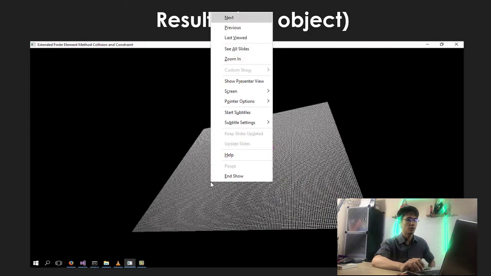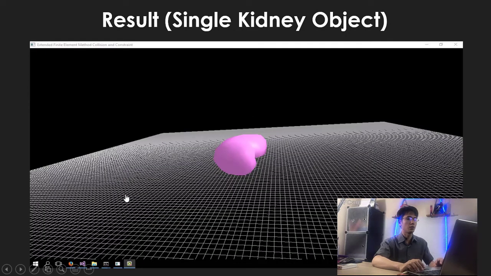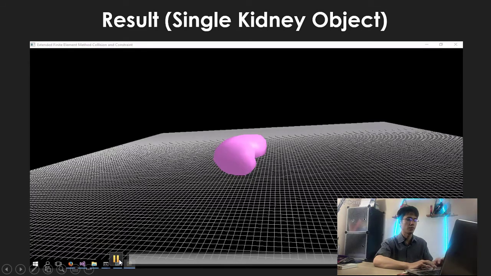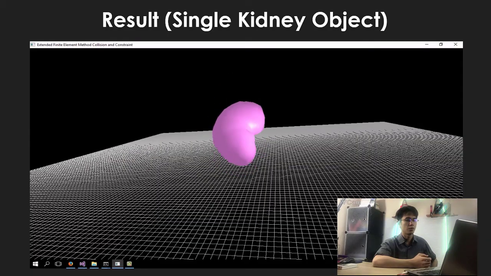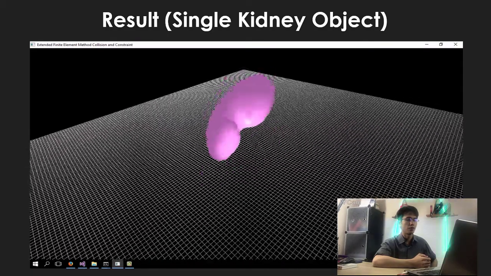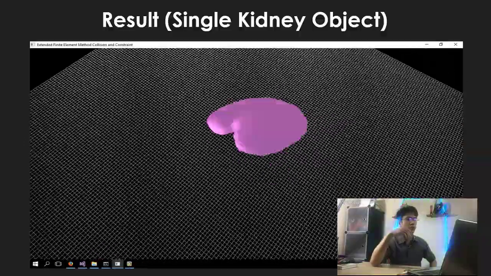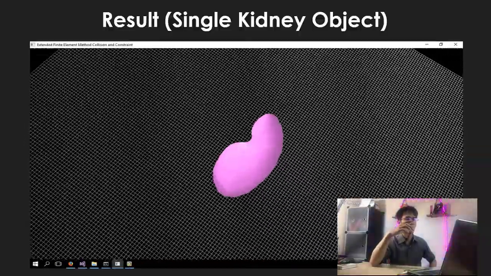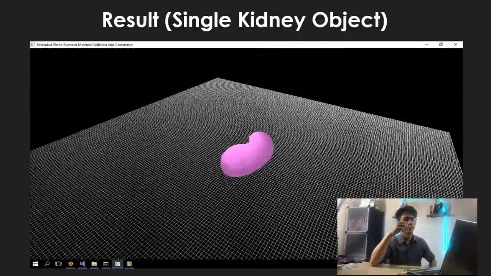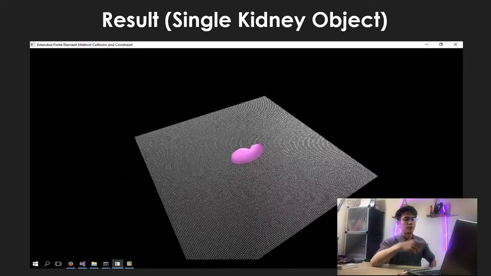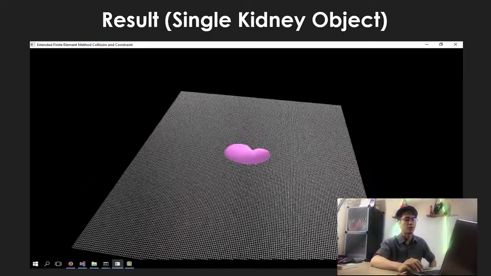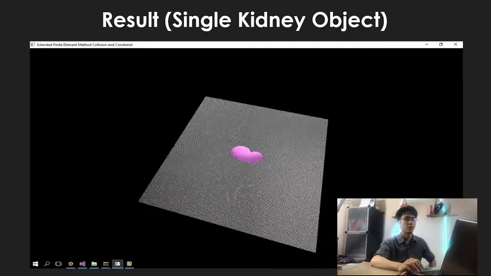Okay, so this is a single kidney object. I put it a few meters from the floor, like that. This is a single kidney.